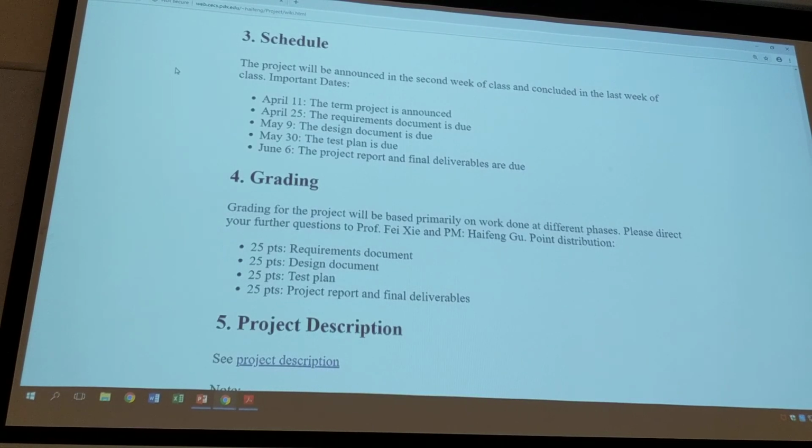It doesn't matter if it's a local socket port. The socket doesn't care where your connection is. If you set it up to be local, it's local. If you set it up to be remote, it's remote, right? So basically, I want you to base your program on top of socket programming. Yeah, that's it.